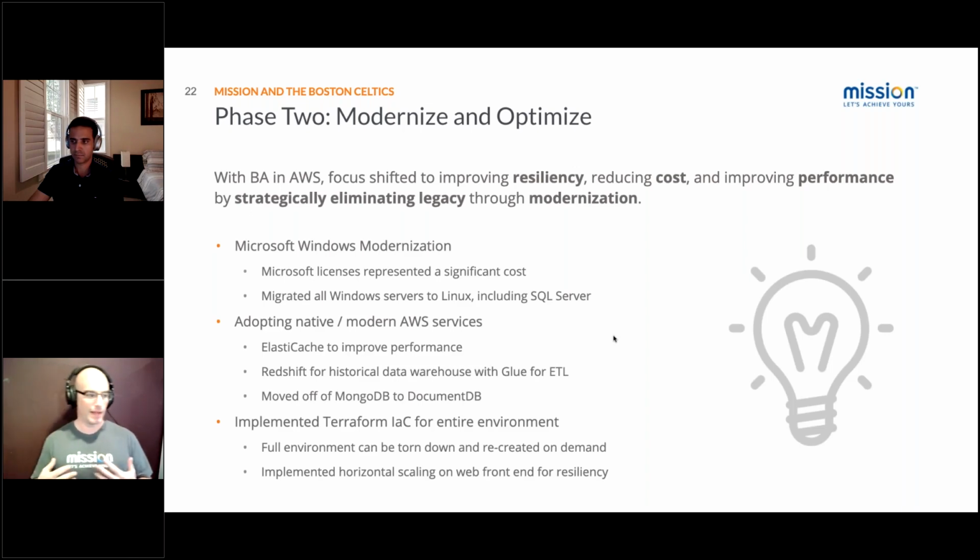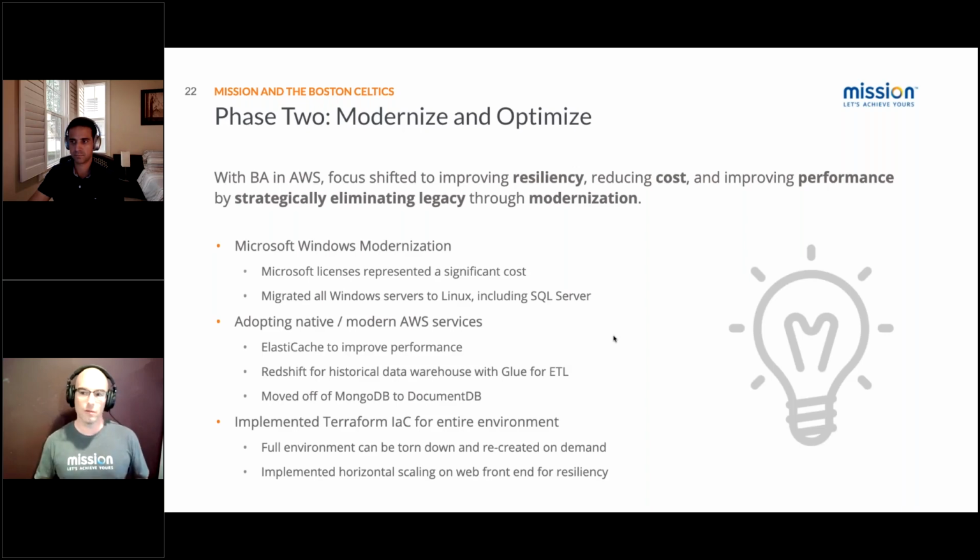They moved all that historical data, and made it highly performant by moving it to Redshift and then using AWS Glue, which is a managed extract, transform, and load service for data, cleaning that data up, getting it to the format that you need it to. All of this became part of their regular pipeline, running automatically, only costing when it was being run.